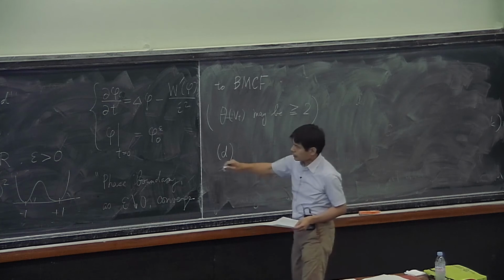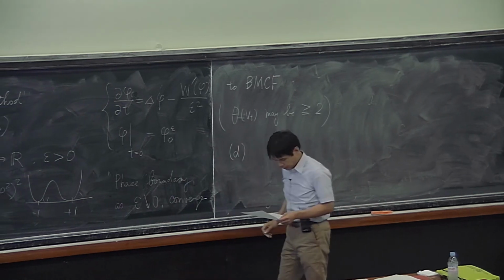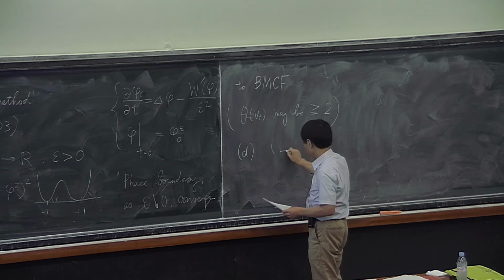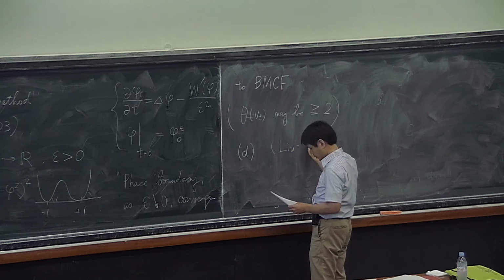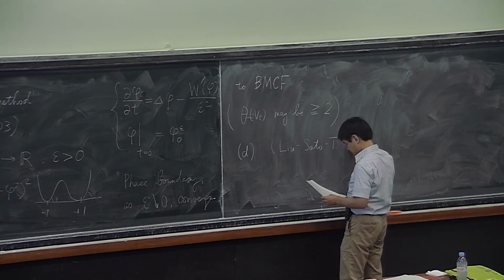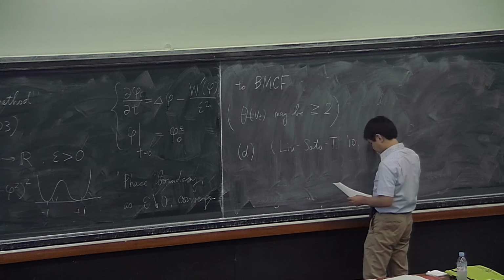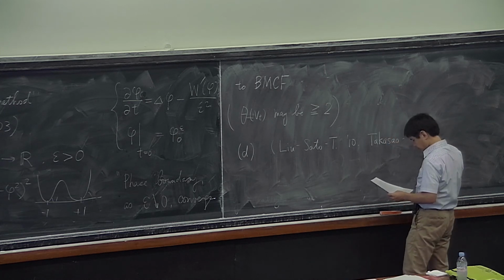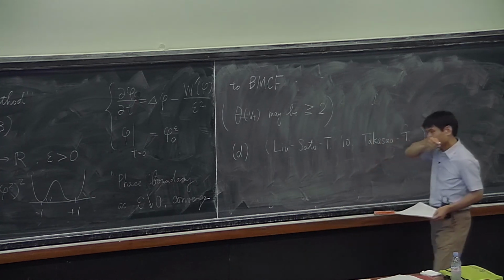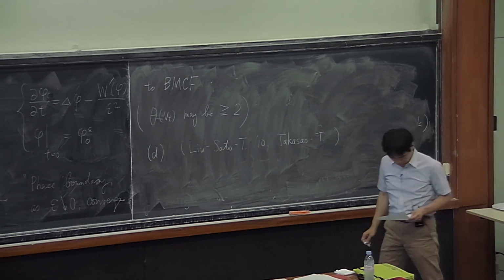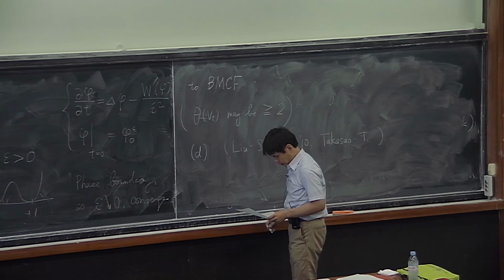Now, using this technique of the phase field method, I also proved, with Liu and Sato and myself, this first one is 10, and also I have a recent paper with my student Takasao and myself that was just accepted recently. But this one is a somewhat more general flow than the mean curvature flow, and so